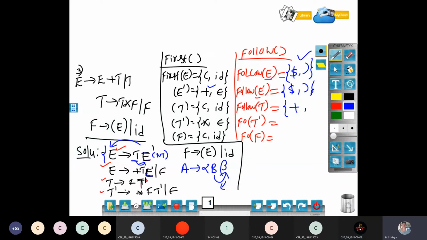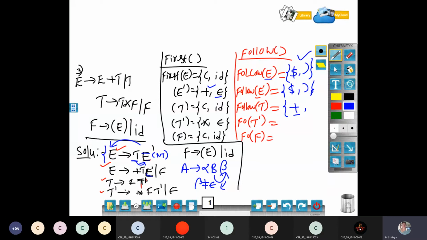What does your rule say? Epsilon never comes in a follow set. Your rule number 2 says if it is not equal to epsilon. If you have epsilon, assume the next condition. I have epsilon, right? The first set has epsilon. Except epsilon, I copy everything. I have only plus, so I copy plus. Because of epsilon, what should be there?